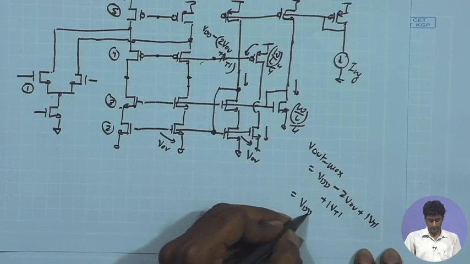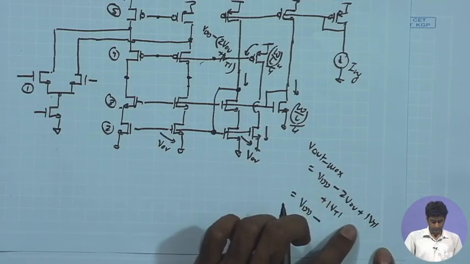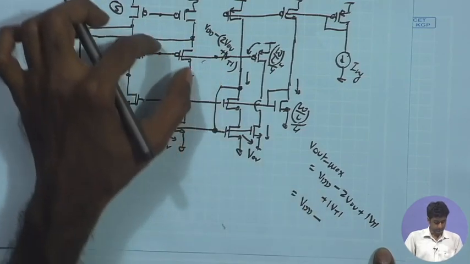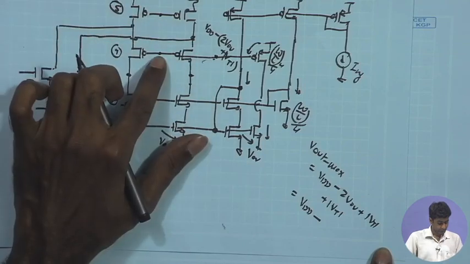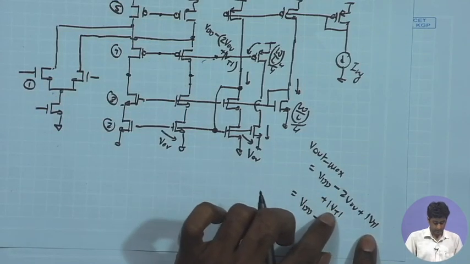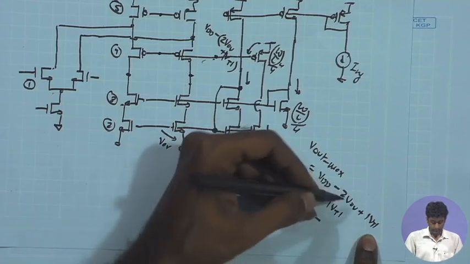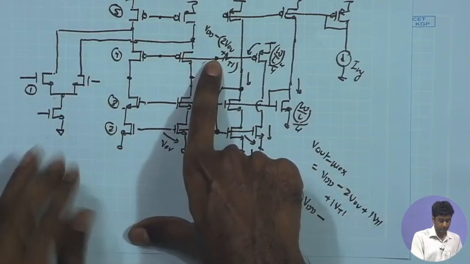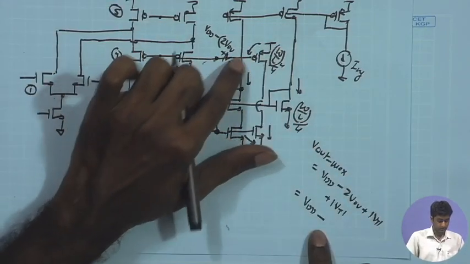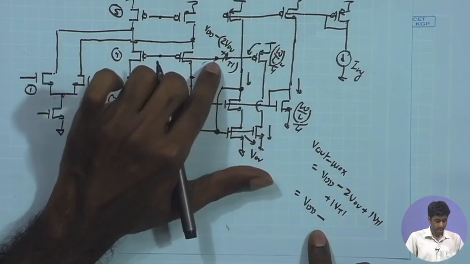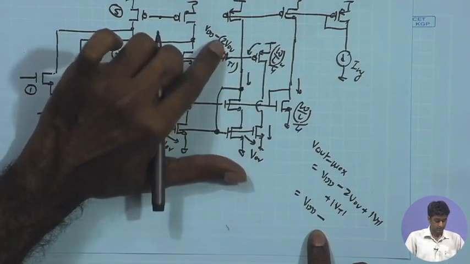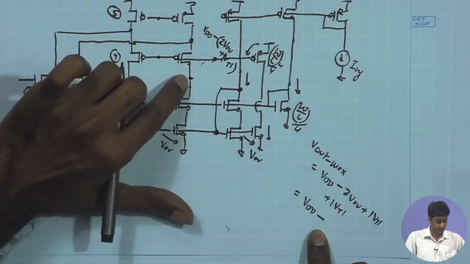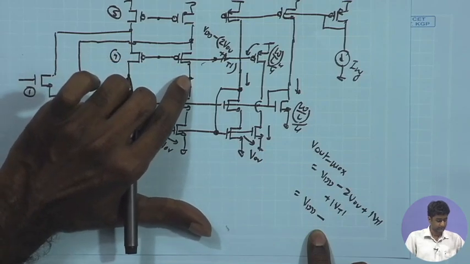Here V overdrive is VGS minus Vt, and if I am biasing this gate potential to VDD minus VSG, where the VSG is going to be equal to the V overdrive plus mod Vt, the potential over here that you can have at the max is